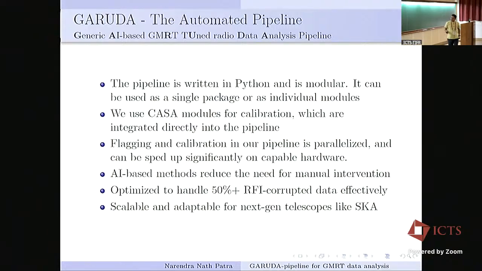It is optimized to handle data which has more than 50% RFI corruption. This part I will come to. And this is scalable, and it is optimized for GPU. So you can scale it for next generation telescopes like SKA.